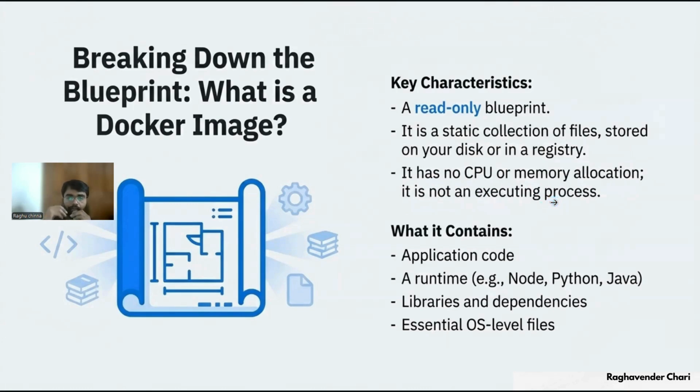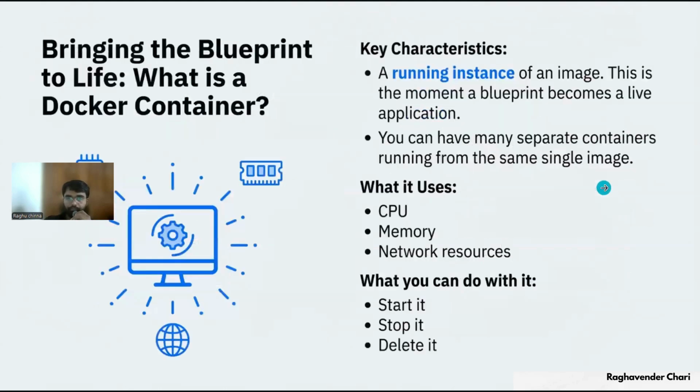Here we have the dependencies and the application code and everything, but we are not running the application. What it contains: application code, a runtime like Node, Python, Java, etc., libraries and dependencies based on the application,